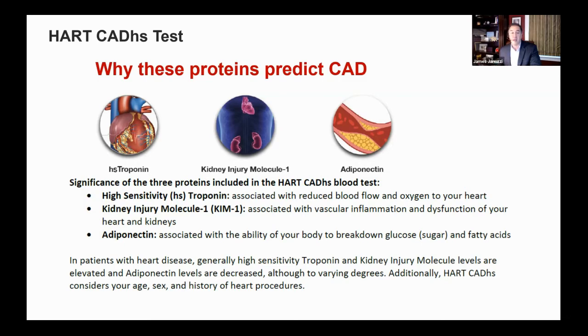The second marker, rather, once again, is KIM1. I mentioned it earlier. KIM1 is associated with kidney disease, which itself is a risk for CAD, but also a risk for vascular inflammation. And lastly, adiponectin. Adiponectin's a really interesting biomarker. It's what's known as an